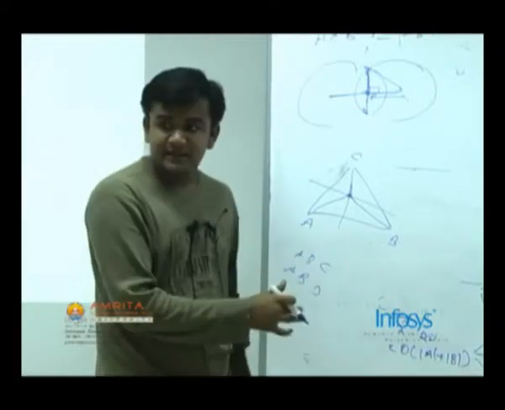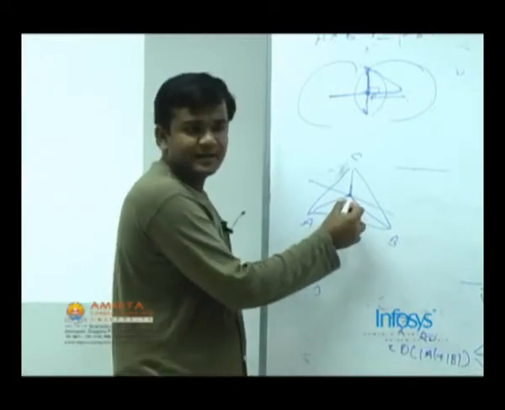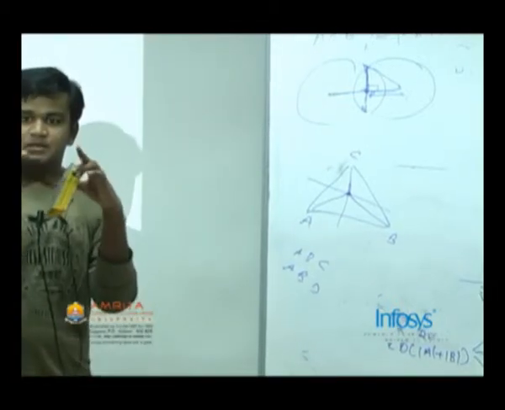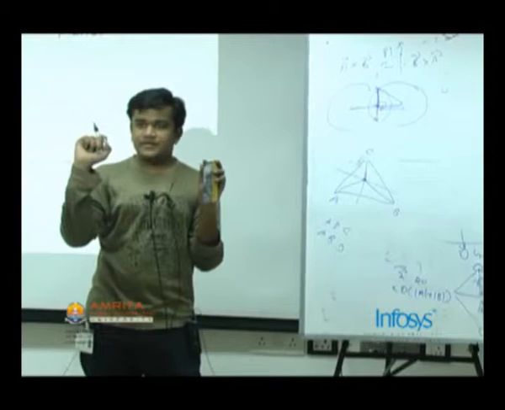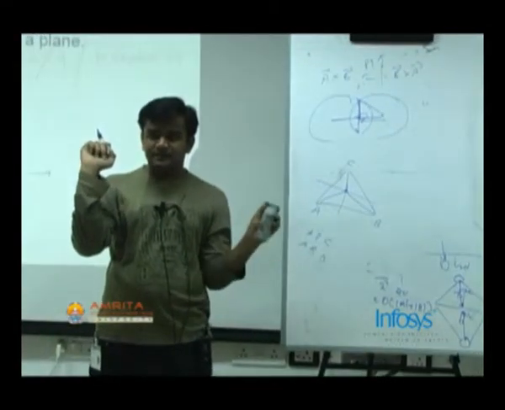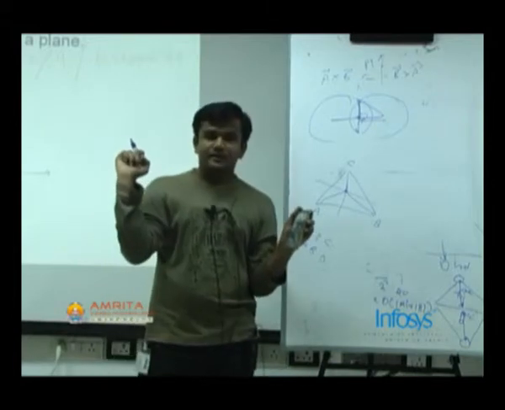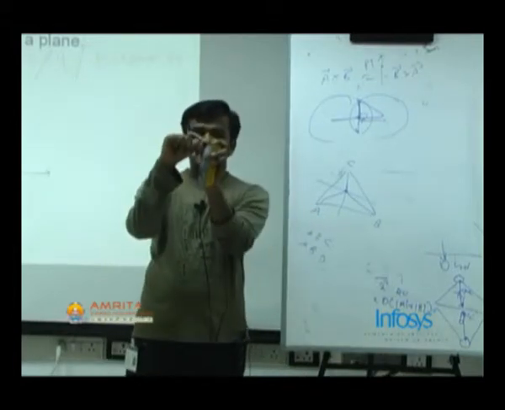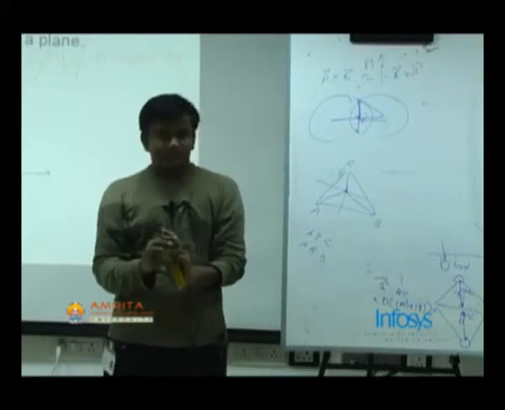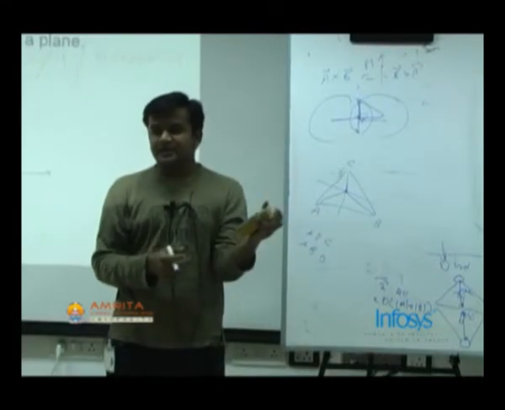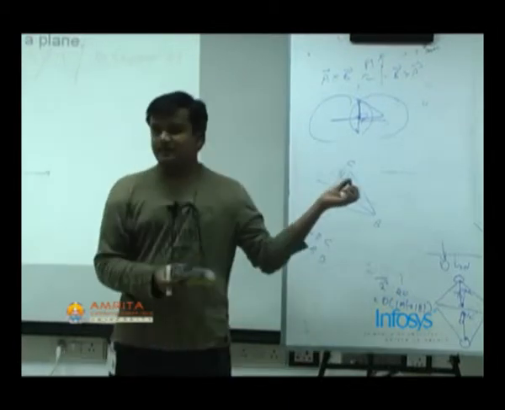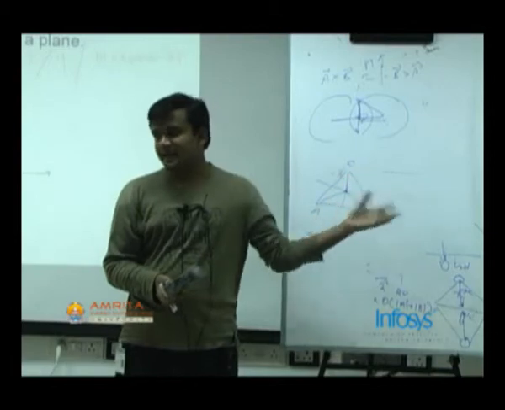For any two 3-point sets, we calculate the circumcenter and the normal vector. So we get these two lines, which pass through the circumcenter of these two triangles and are perpendicular to the plane. Once we find the intersection of these two lines, that will be the center of the sphere, because by definition it is equidistant from all 4 points. Once we have the center of the sphere, we can easily calculate its radius.